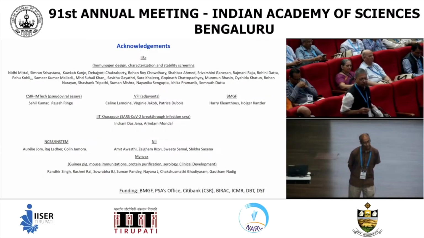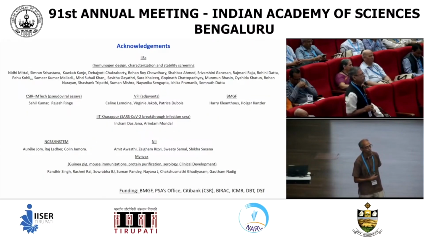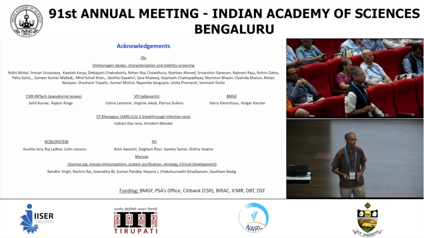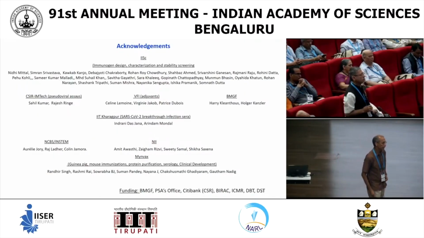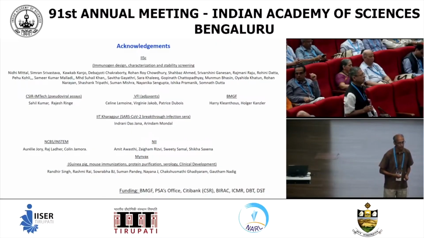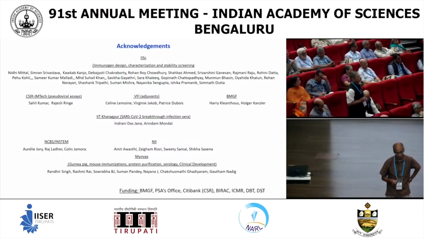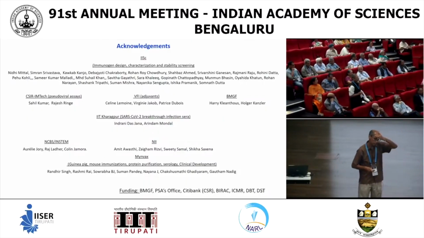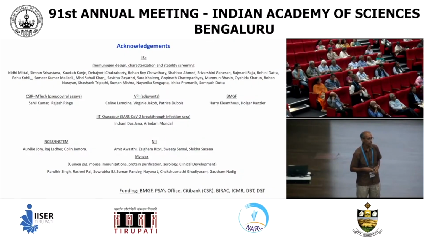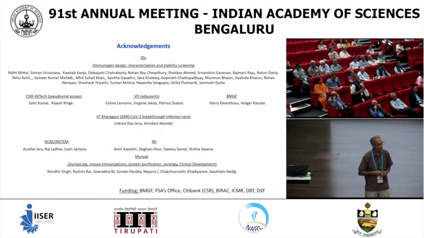Right. So every molecule that you put into your body is going to have some side effect in some number of people. Now, in the case of mRNA vaccines, I think one of the things is that if they are improperly administered, the mRNA can go to all parts of the body. In a protein vaccine, you inject it and it doesn't go all over the place. Because the mRNA vaccine is producing an antigen in situ, if the mRNA is transported to some other part of the body, you can maybe get some